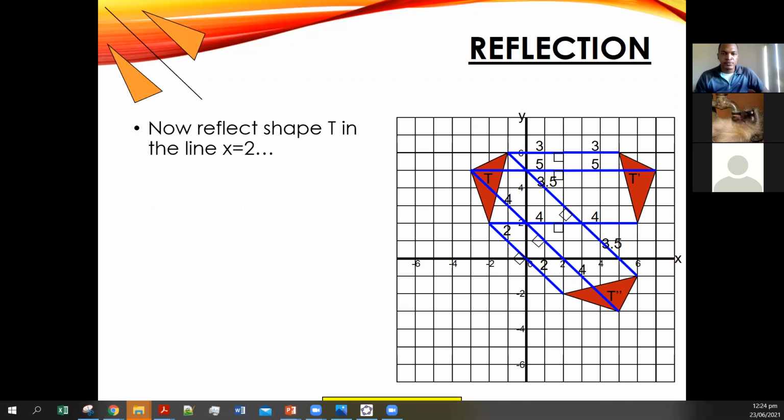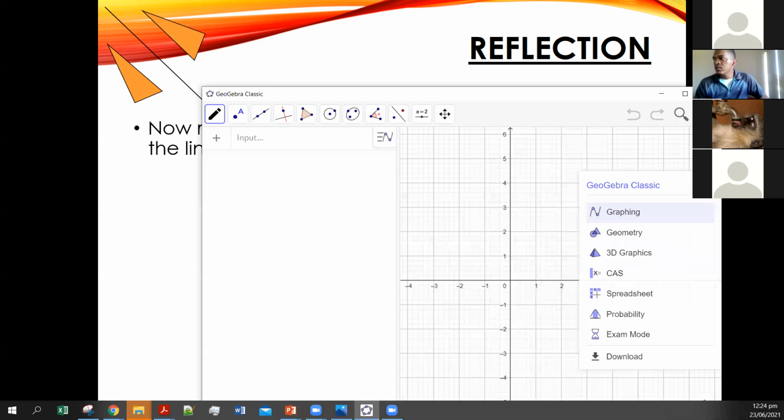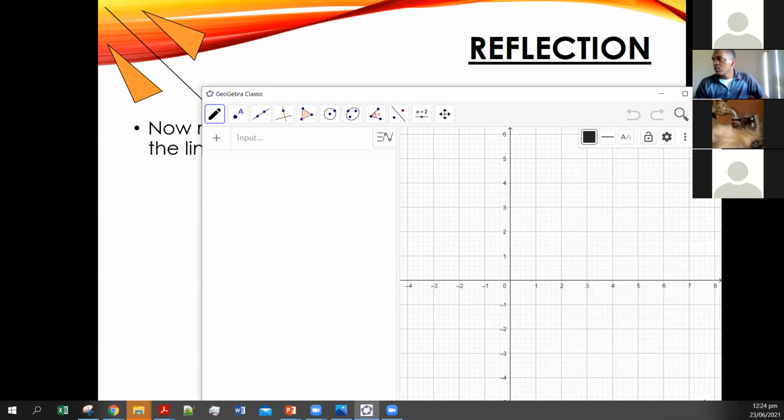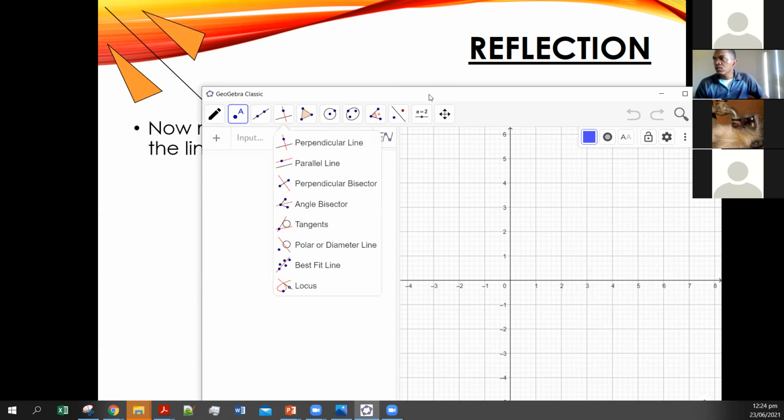Maybe for this one, again, let's use GeoGebra. So I want to just recreate T quickly so that at least when we are doing it, yeah, ask a question. In the exam, when we draw the shapes and stuff now,